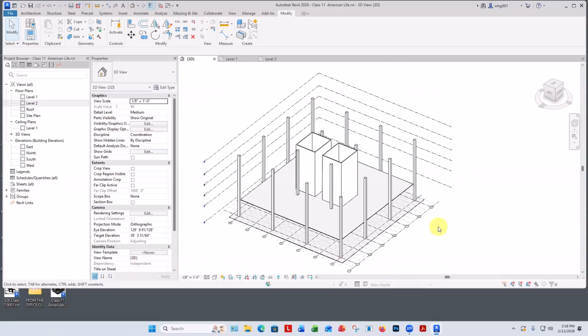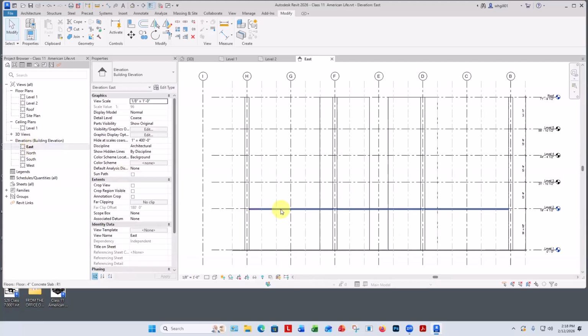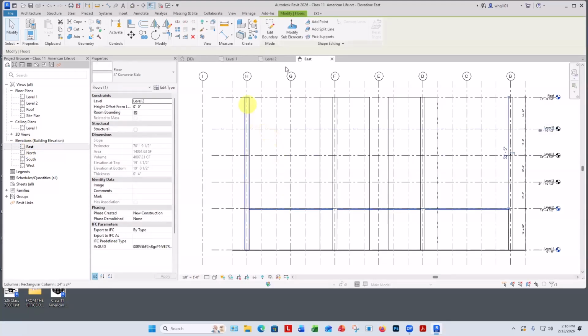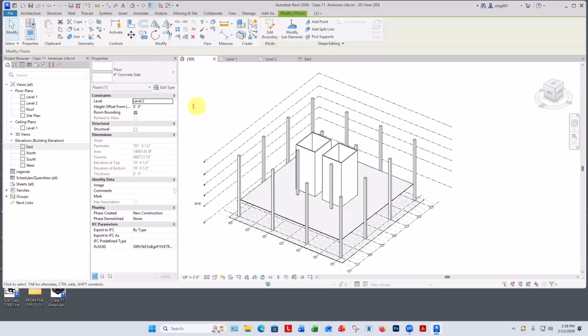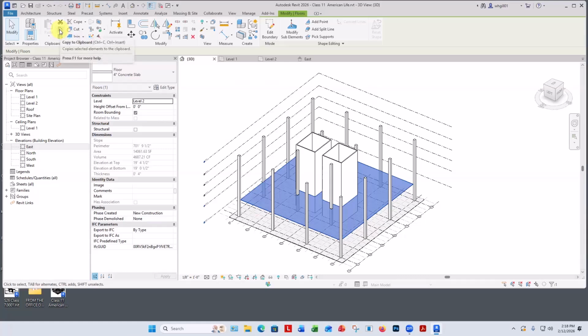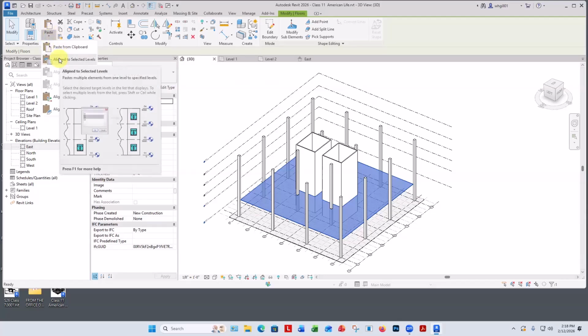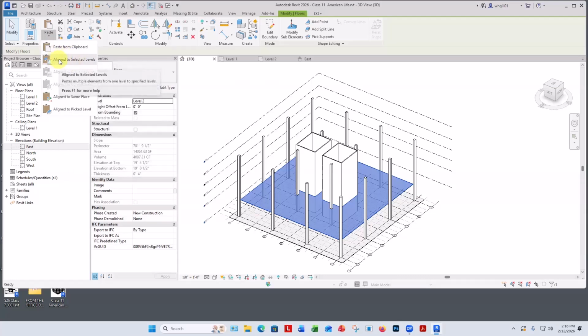Let's do the other floors as long as we're here. Let's go into a left elevation at one of these elevations and pick it and copy it up and up and up. But there's a nicer way to do this as long as you're going to levels, which you can do in any view. If we select it and then use the copy command, the copy to clipboard, then normally pasting it just puts another one right in the same place. But Revit understands that we're working with floor levels. And if you got one on the second floor, you might want the same thing on the third floor. So if we say Align to Selected Levels,